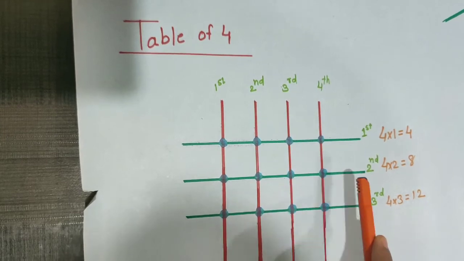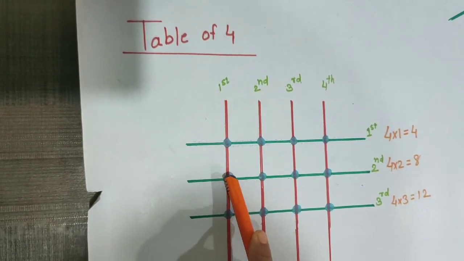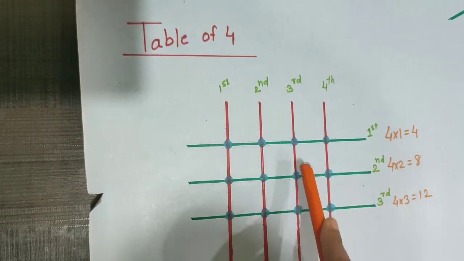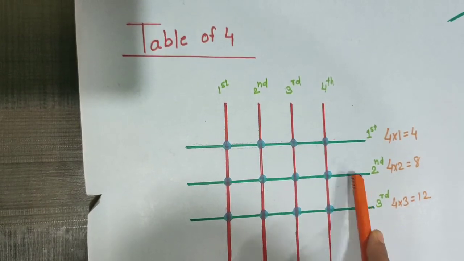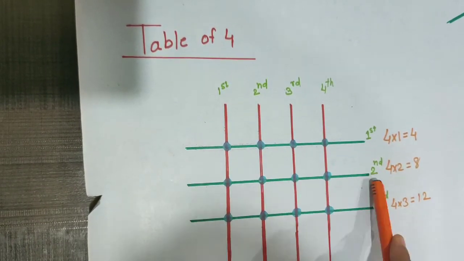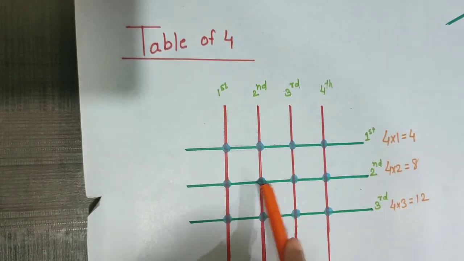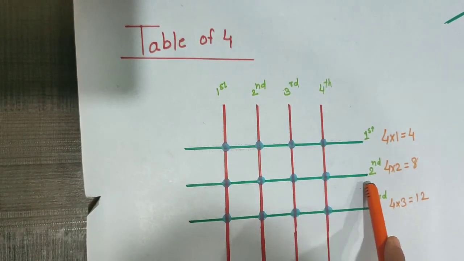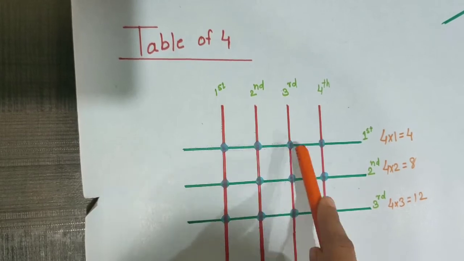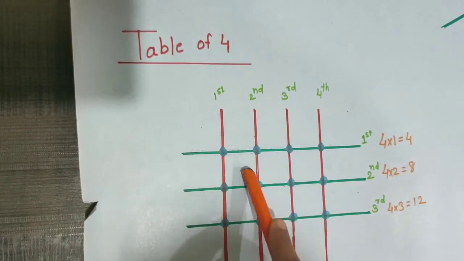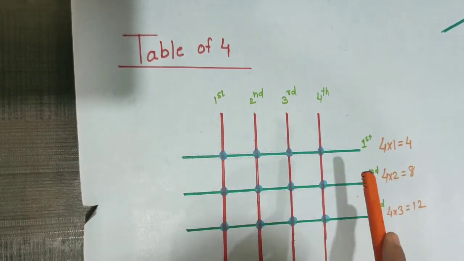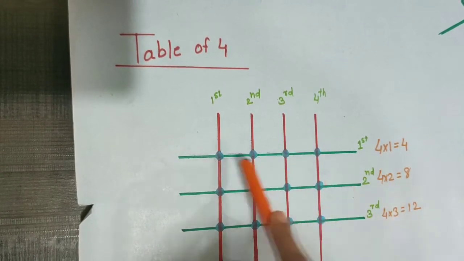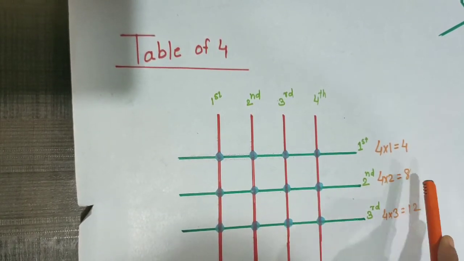Now the second line is also meeting at 4 points, 1 2 3 4. Now you can use repeated addition because 2 lines are crossing the vertical lines. First horizontal line, second horizontal line. Here 4 times, here 4 times. Means total 4 plus 4, 8 meeting points are here. 1 2 3 4 5 6 7 8. 2 horizontal lines are here. That's why 4 into 2. Now we are getting the answer 8.